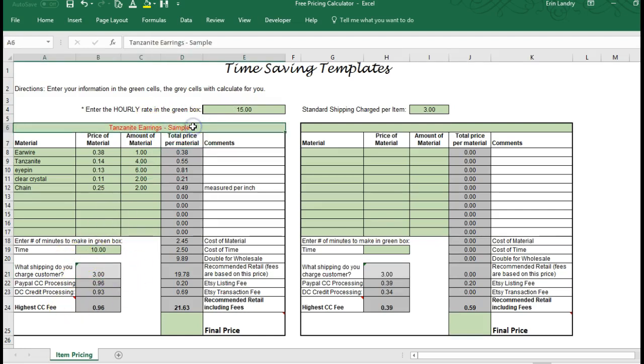So first you'll enter the item name. So I already have something filled out right here, but I'm going to fill out a new example right here. So say we're doing a Nana charm bracelet, and then you just list out the materials that you put into the bracelet. Then you're going to enter the price of the material and the amount of the material. So the Nana charm, 50 cents, and there's one